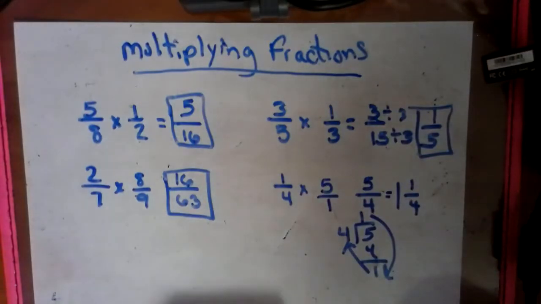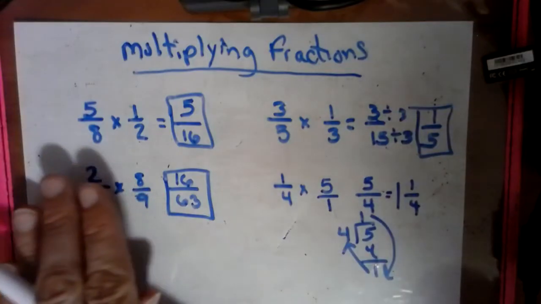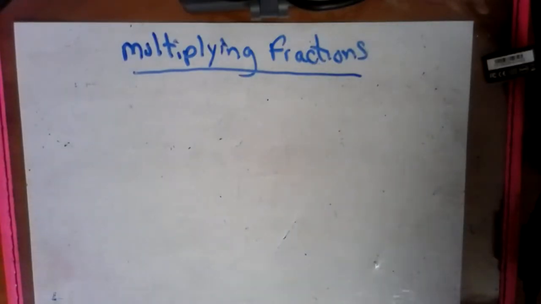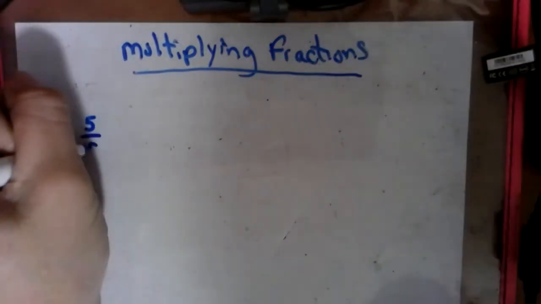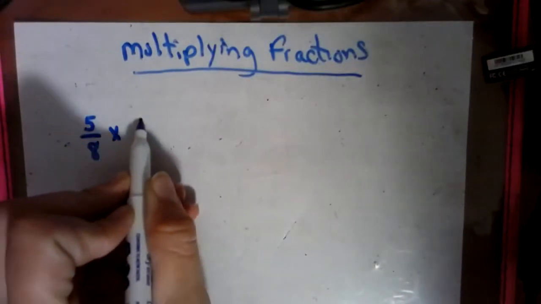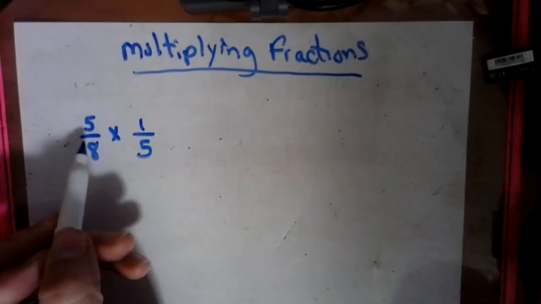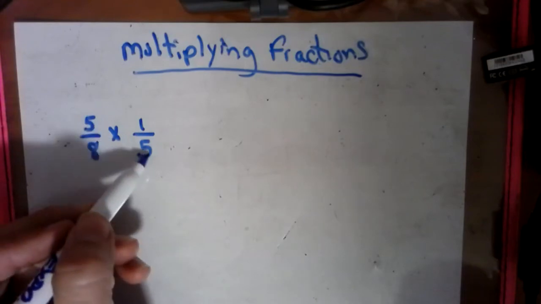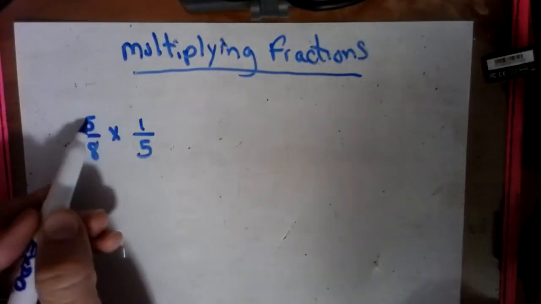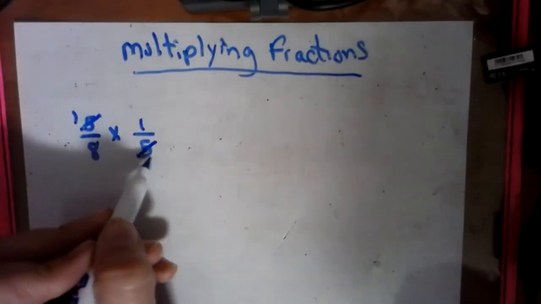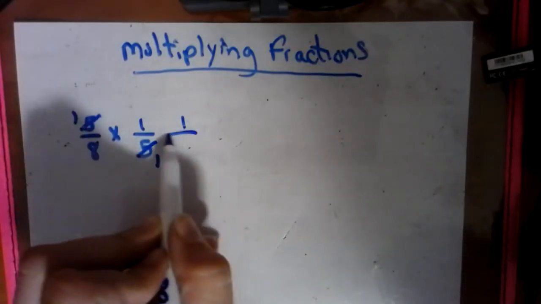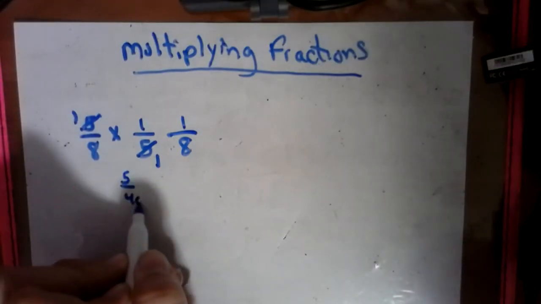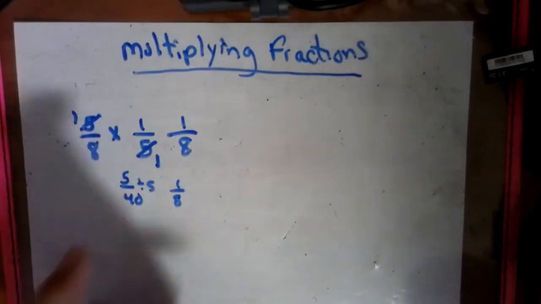Now, you should have more room down underneath. I'm going to erase these. Remember, straight across multiplication works all the time, but then you have to simplify. But if we have some diagonals that have something in common, let's say we have this. Instead of getting 5/40, we could look and say, hey, look at these diagonals. They have something in common. They are themselves. So we could say, hey, 5 goes into 5 once. 5 goes into this 5 once. So we have 1/8. Even if we had 5/40 before, and we divided by 5, we get 1/8 already